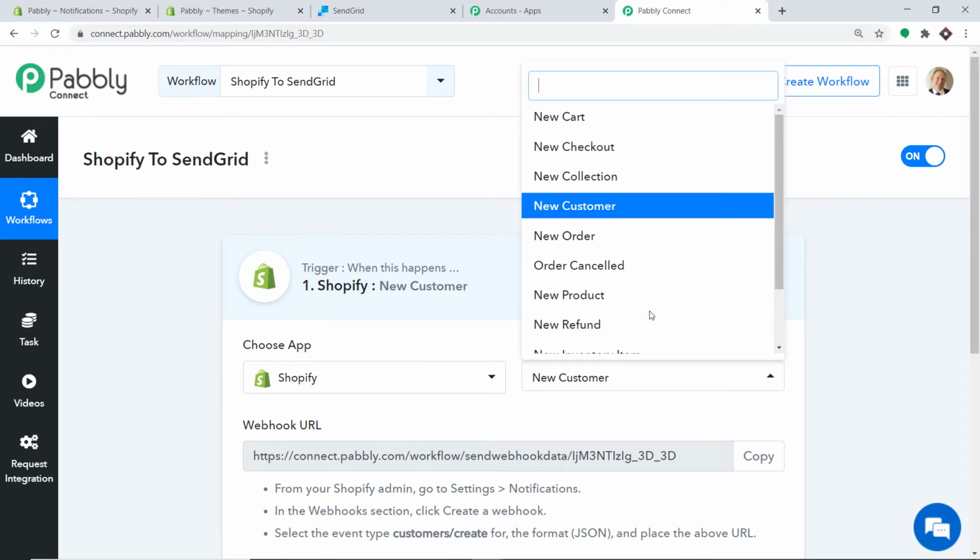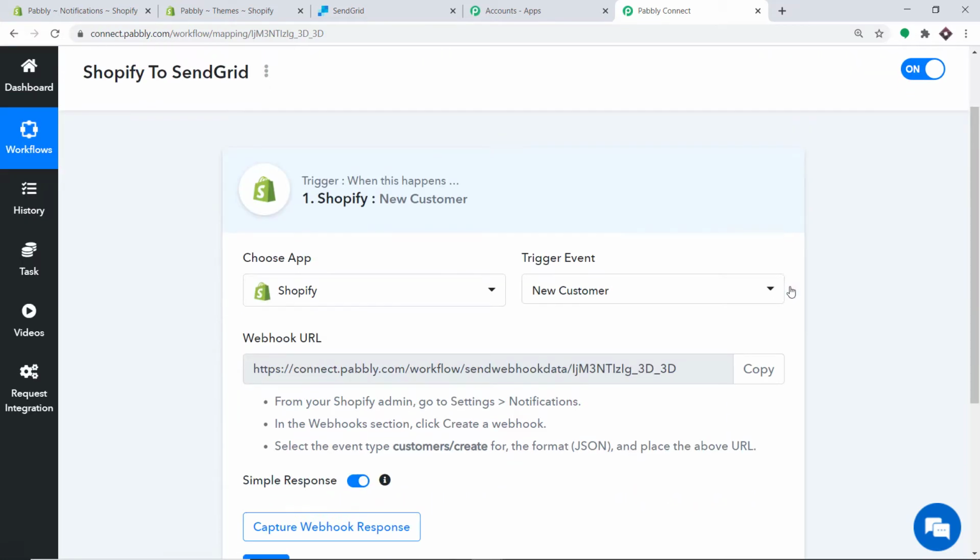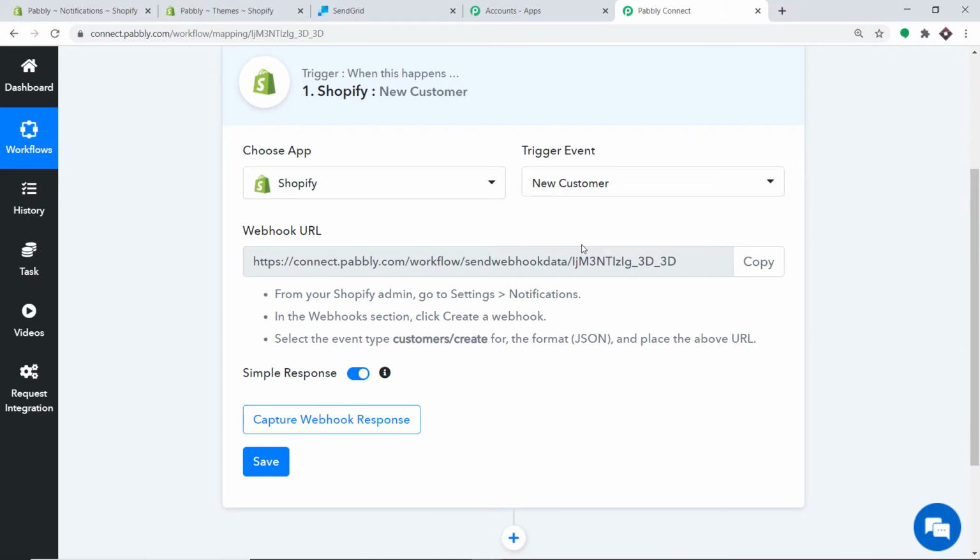However, in case you don't find the trigger of your choice, you can make a request to our team at admin@pabbly.com for the specific trigger that you want to build. But at present, I just want to send the data when a new customer is made in Shopify. Okay, so basically the whole gist is we are just trying to integrate Shopify to Pabbly Connect. So let's have a visit to Shopify.